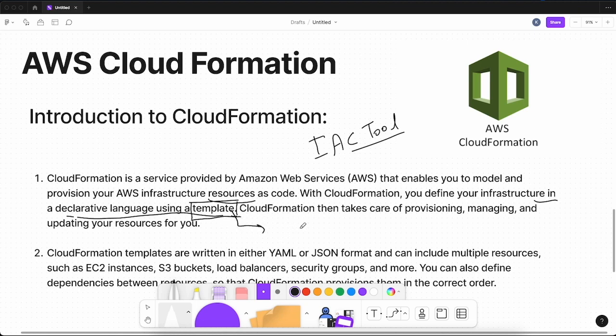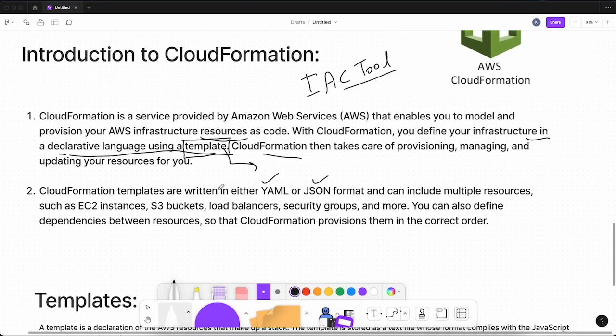So a template is just like a file or a script. It can be either YAML or JSON format, and in this script we need to define our resources, like which resources we need to provision for AWS, right? Then CloudFormation takes care of provisioning, managing and updating your resources for you. Now CloudFormation templates are written in YAML or JSON format, we know. Now it can include multiple resources such as EC2 instances, S3 buckets, or any AWS resource you can have in your one template file. You can define your template file, and in that you can add your resources in a declarative form, right? And you can add conditions also between them, like dependencies between resources, so